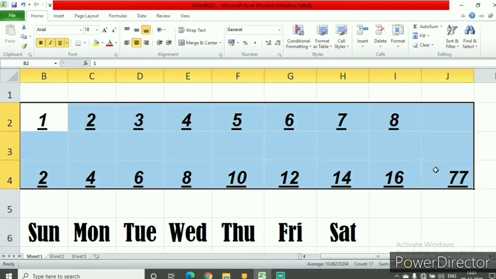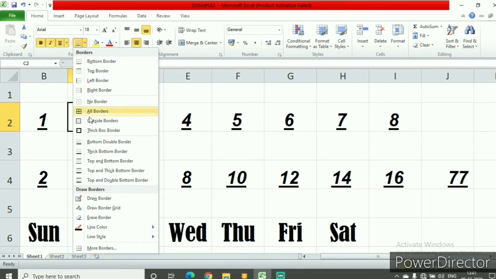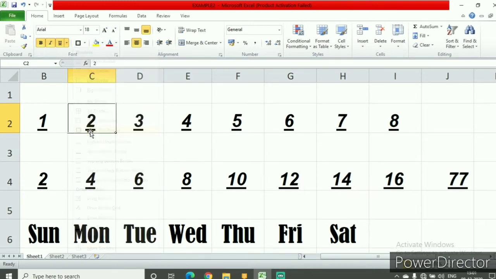Now, can I have a border to this? Suppose I want only this thing out here, and I want to have a border for this. So, is it possible to have a border? Here you will see there is a border. Suppose I take this thick border.